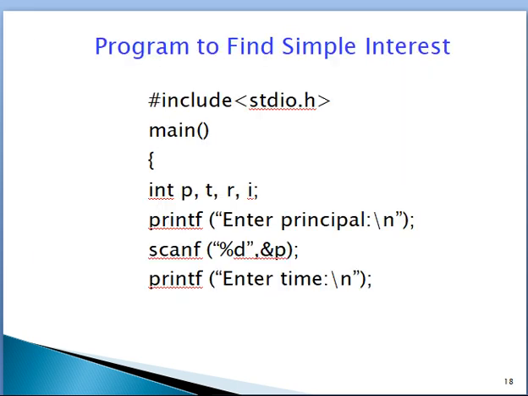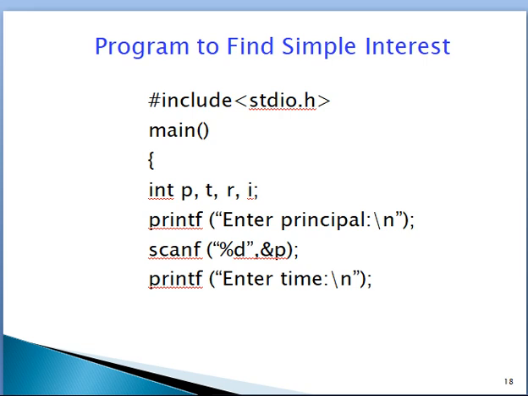Program to find simple interest. Up to now, you are aware of how to declare the variables and how to use the printf and scanf functions. So you are able to write simple programs. Now we will write a program to find simple interest.